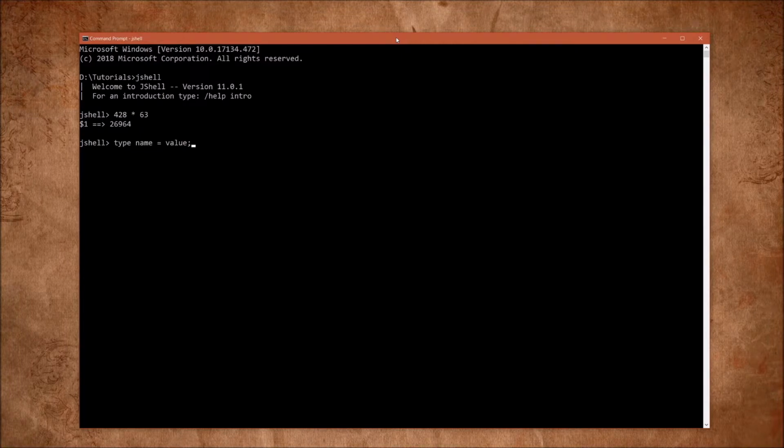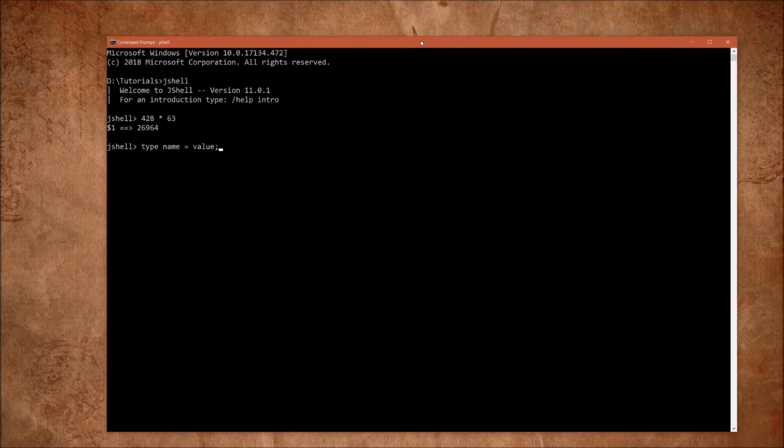Speaking of names, there's actually some rules and conventions for variable names, and I will post a link in the description for those. But what I want to mention is that whenever we name our variables, we better give them some meaning,